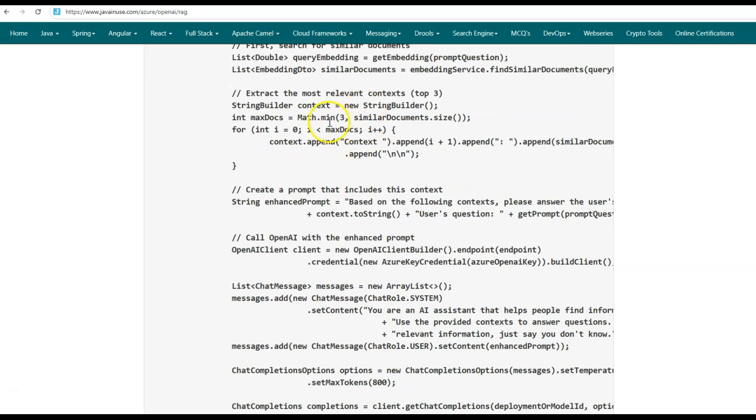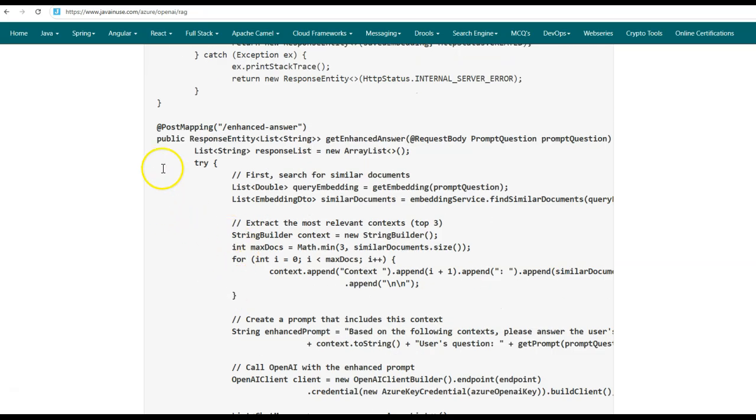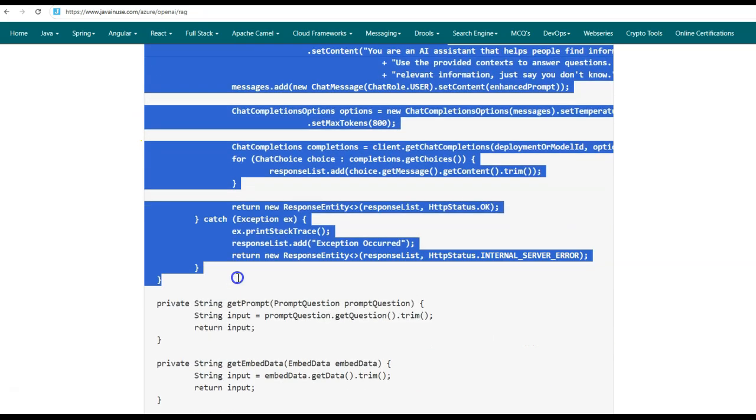Then using these 3 top documents and the user question, we create an enhanced prompt, and this enhanced prompt is sent to the deployed Azure OpenAI GPT-4o model. So we not only send the user question but also 3 top similar documents to the GPT-4o model so that it can answer in a better way. So let us make this change to the controller class.